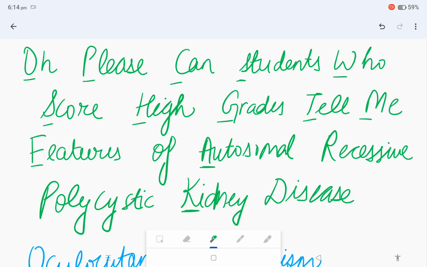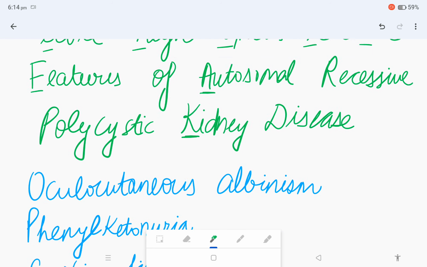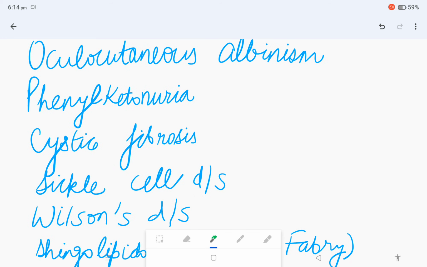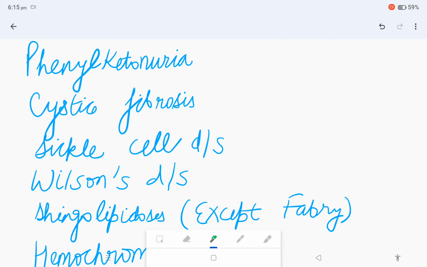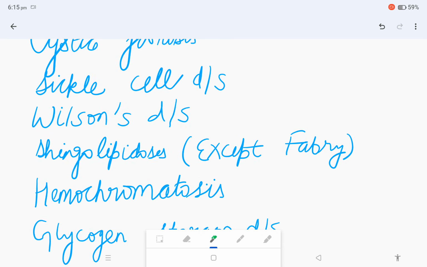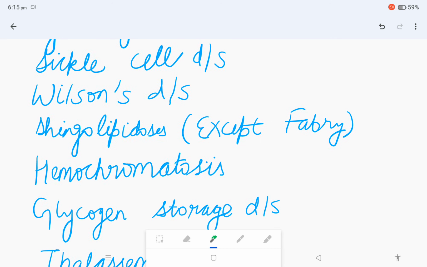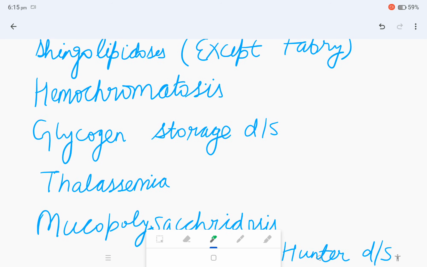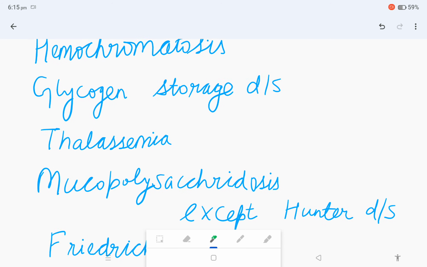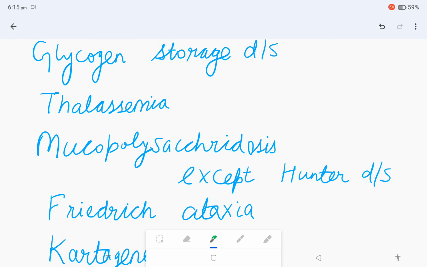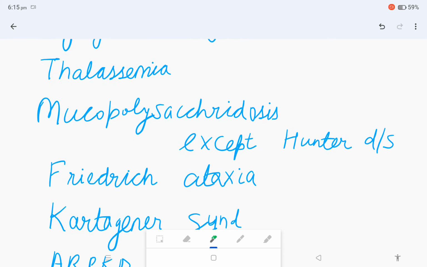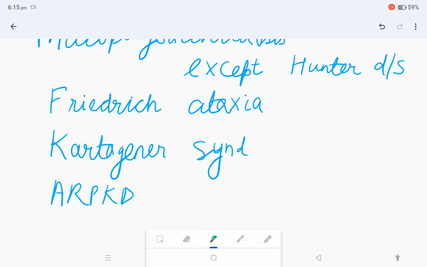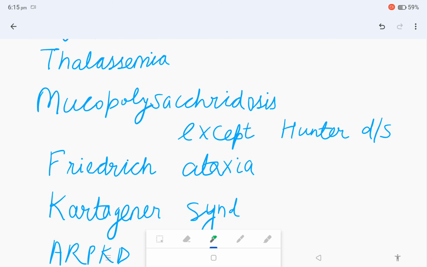From O, we have oculocutaneous albinism, P for phenylketonuria, C for cystic fibrosis, S for sickle cell disease, W for Wilson's disease, S for sphingolipidosis except Fabry's disease, and H for hemochromatosis, G for glycogen storage disease, T for thalassemia, M for mucopolysaccharidosis except Hunter's disease, F for Friedreich ataxia, K for Kartagener syndrome, and A for autosomal recessive polycystic